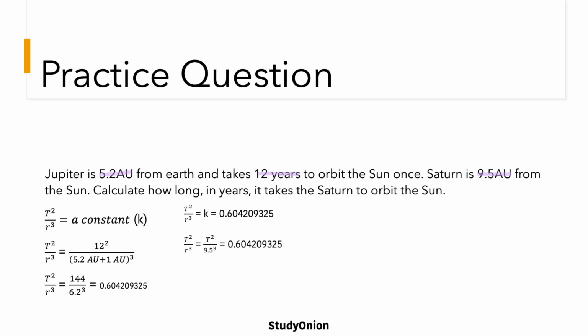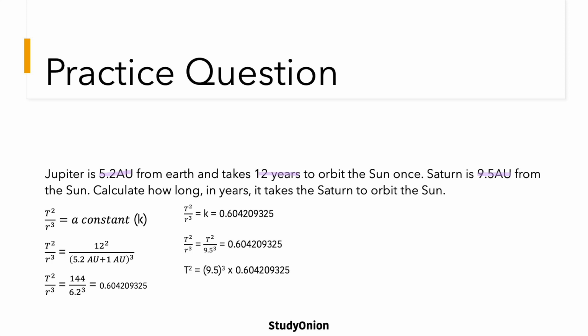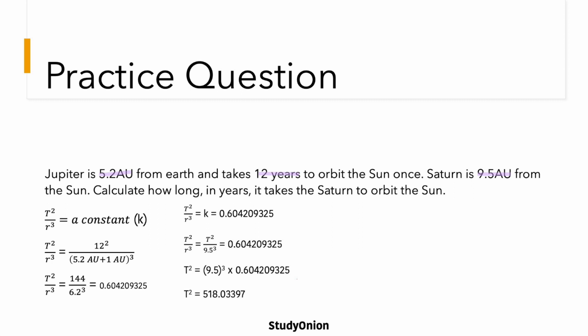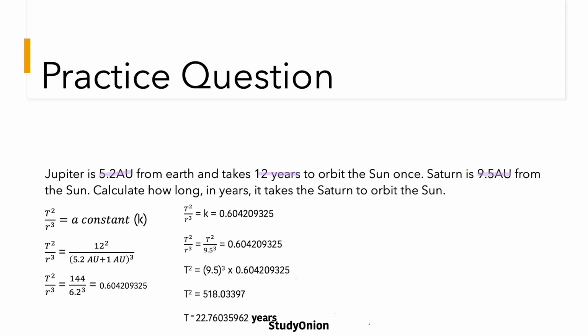So t squared divided by 9.5 cubed equals your constant, so t squared equals 9.5 cubed times your constant, and that is equivalent to 518.03397, or to calculate that in t years, that is equivalent to 22.76035962 years, or rounding to 2 decimal places,